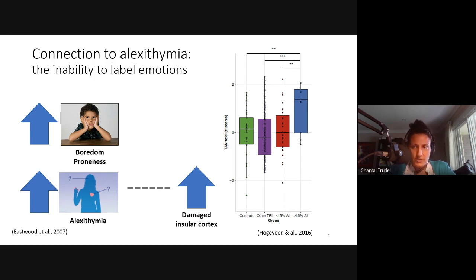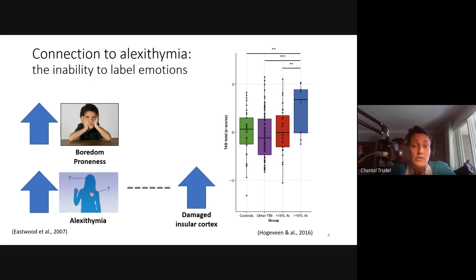And they also had healthy controls. And what they found was really interesting, because they saw that if you have increased anterior insular cortex damage, that could predict increased alexithymia in that population. So in other words, people with brain damage that seriously affects the anterior insula show significant increases in impaired awareness of their emotional states. So when we combine these two findings, these two studies, I should say, we see that